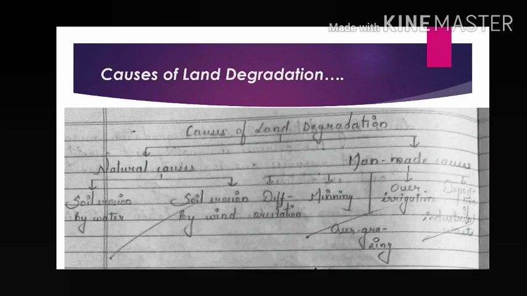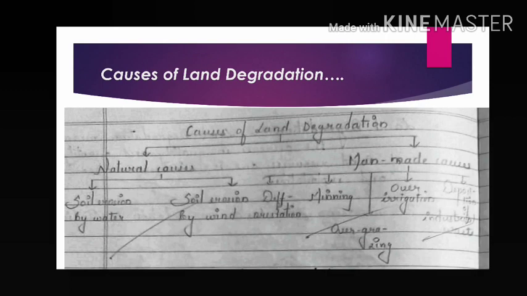Now come to the next. We have already seen what problems are going on with the land resource. It may be by nature, it may be by human beings. By nature, we have already seen, that is soil erosion, and by human beings, that is deforestation, overgrazing, over irrigation, and also industrial waste deposit. We have already created the problem, we have started to damage the land resource. So it is our duty, our responsibility to bring the quality and quantity of the land resource back.